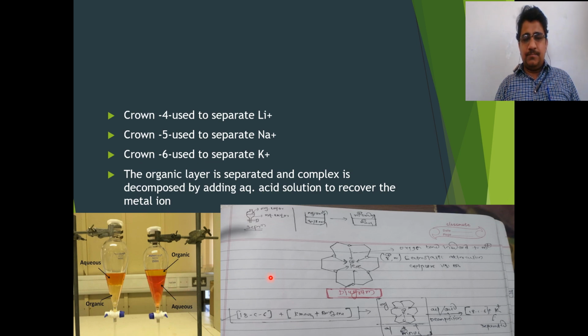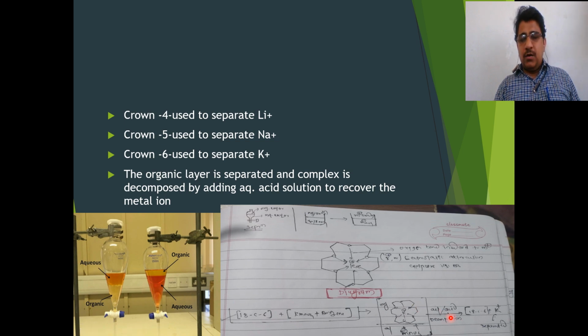Therefore we will see here 18 crown 6 plus KMnO4 solution in a beaker, plus benzene we have added. This is the mixture. When we shake it and pour it in a separating funnel, we have the potassium ion of KMnO4. The K+ ion will closely fit into the cavity of the 18 crown 6 ether. Now K+ is separated, and in the aqueous phase the MnO4 minus ion remains.